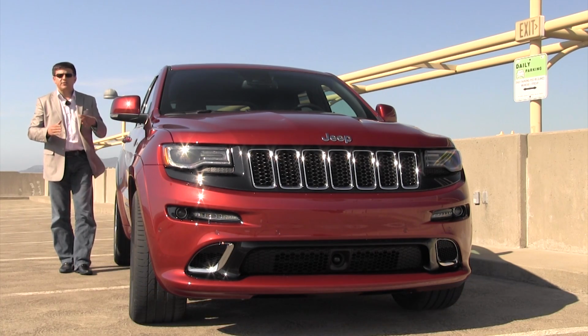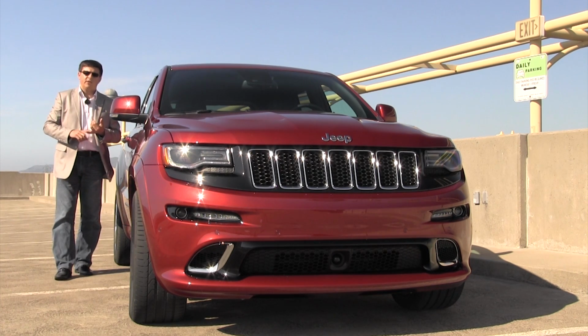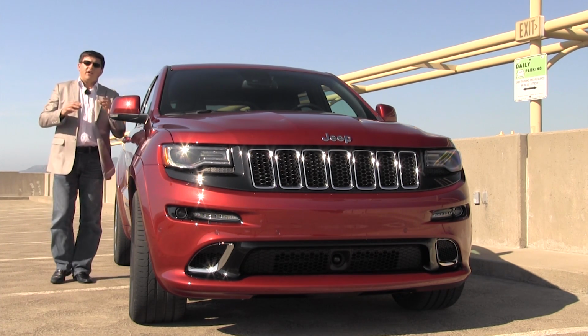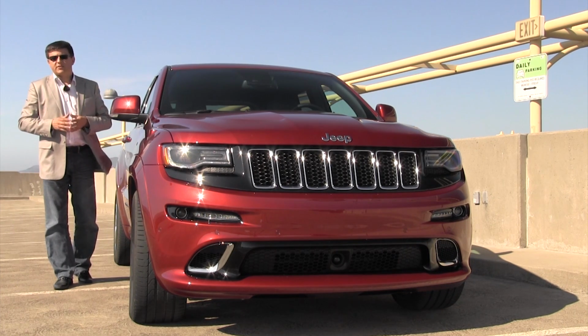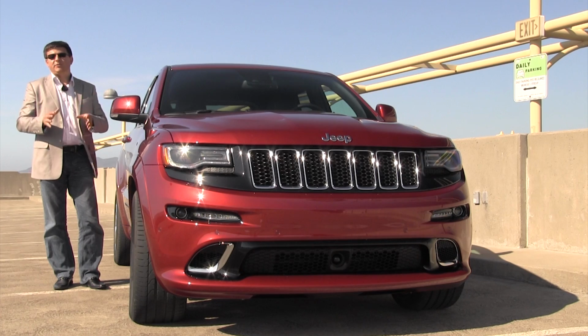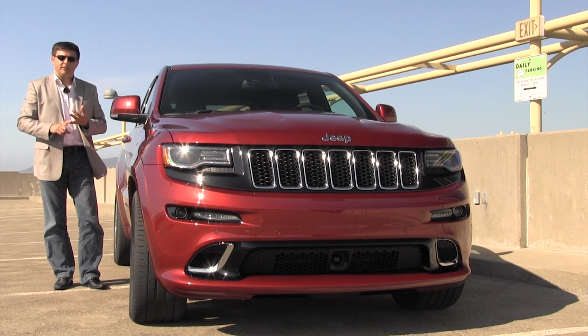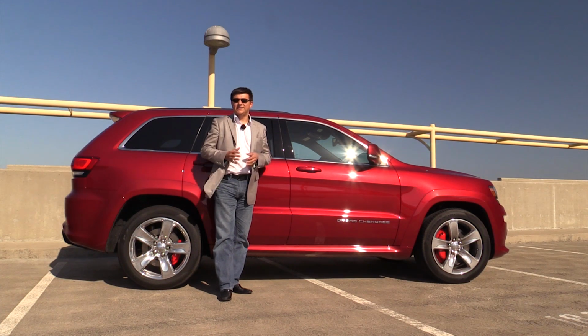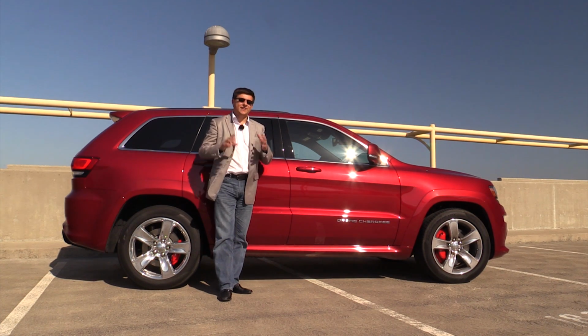The Grand Cherokee Laredo sort of does business with the Toyota RAV4 as well as something like a Ford Edge, whereas the Overland and the Summit models are the value proposition to Land Rover's Range Rover product line. This vehicle, however, is the alternative to the BMW X5M, the Porsche Cayenne Turbo, as well as the Mercedes ML63. I realize that saying a Jeep competes with the likes of a BMW and a Porsche sounds like heresy, but